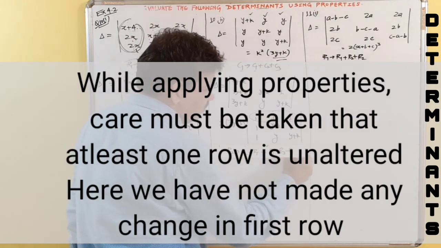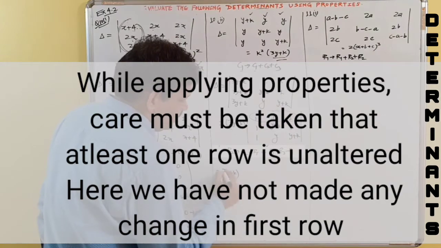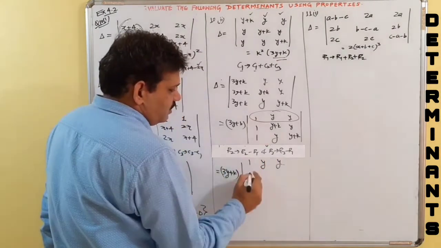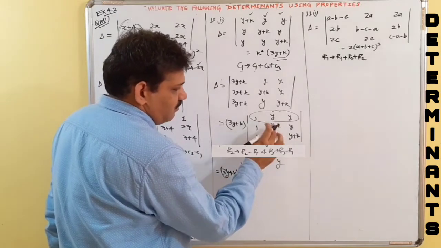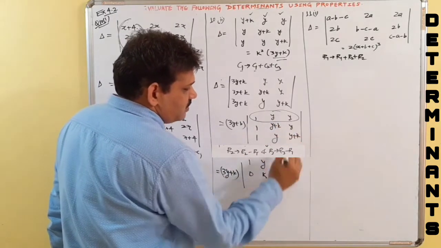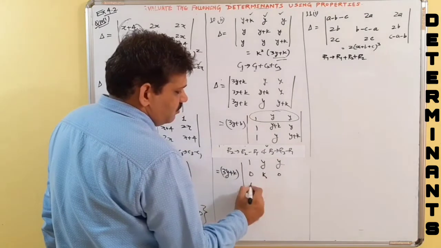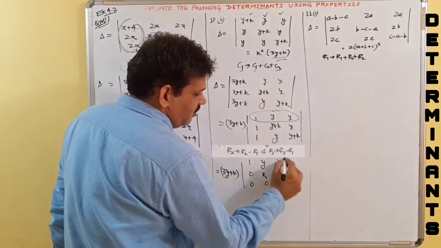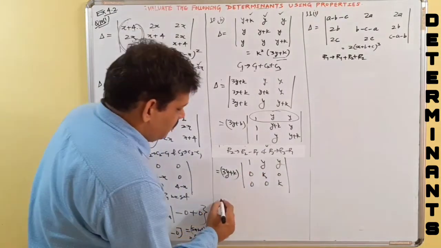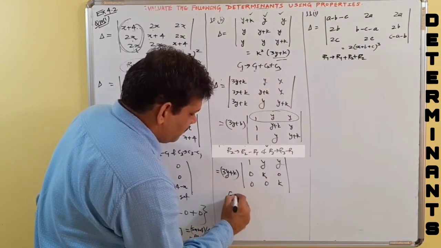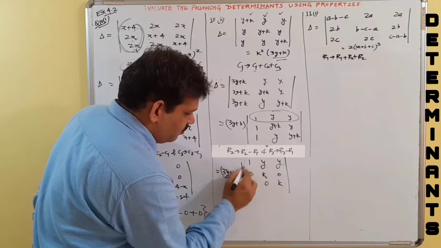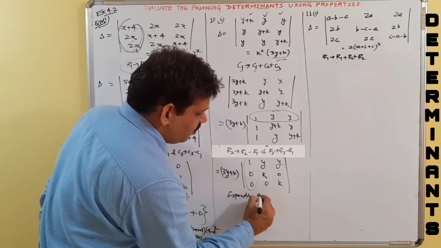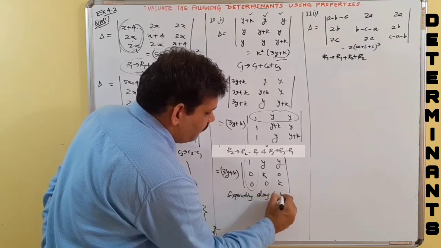So what does it give us? 3y plus k times of 1, y. Now 1 minus 1 is 0. Y plus k minus y, y will be cancelled out, so k. Y minus y is 0. 1 minus 1, 0. Y minus y, 0. Y plus k minus y, that is k. And obviously